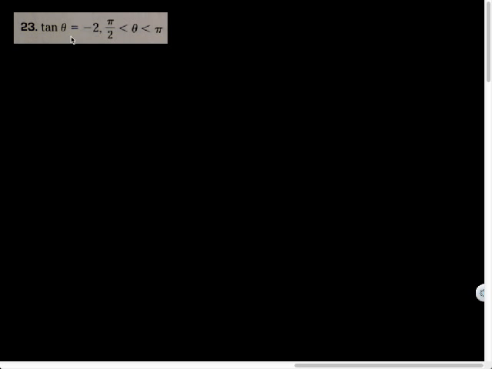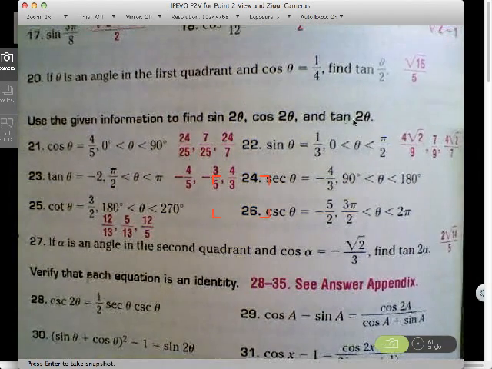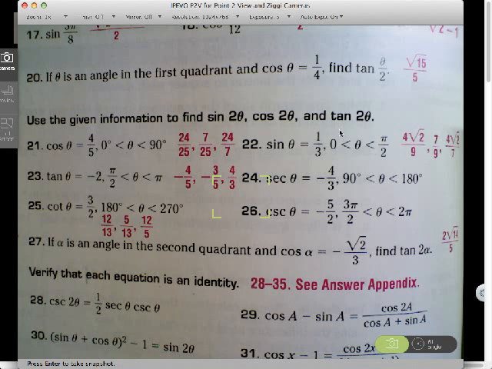Tan theta over 2? No? My book's all blurry here. No, here's the instructions. Yeah, that's what they're looking for in my book. But nonetheless,